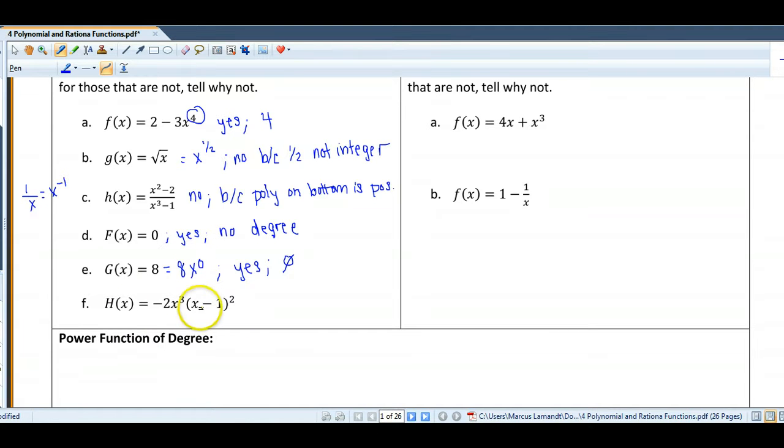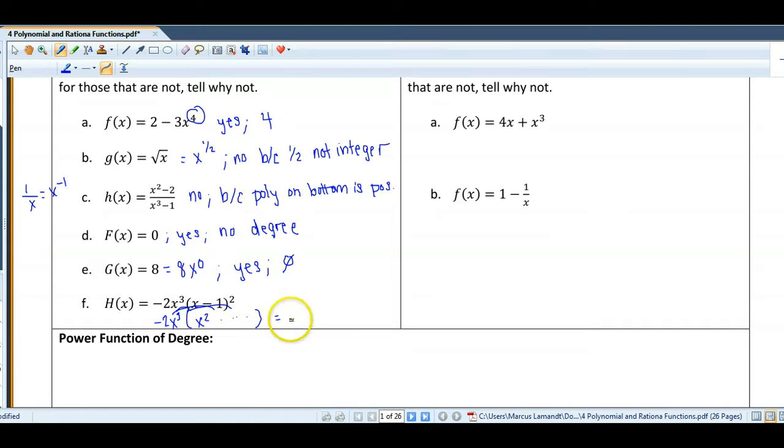Alright, now this one, if I were to FOIL this out and then distribute the negative 3x cubed, I would get some regular polynomial. So this is a polynomial function. If you guys can kind of tell, if you're not really sure, you can always just multiply everything out, FOIL this, and then distribute this. But you should be able to see that if I were to FOIL this, I'm going to get x squared plus something else, blah, blah, blah. And then if I were to distribute this,